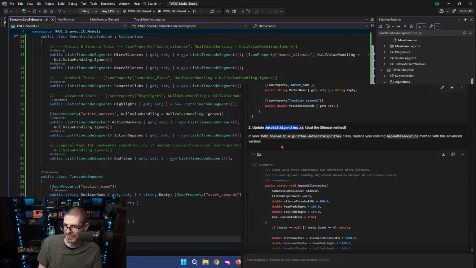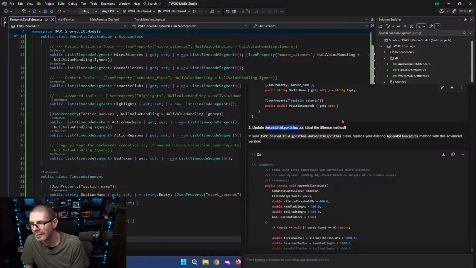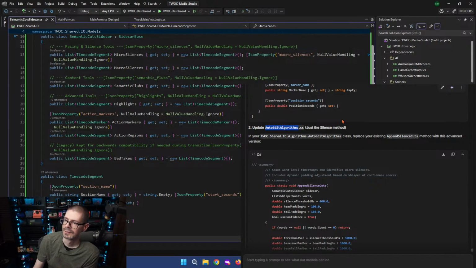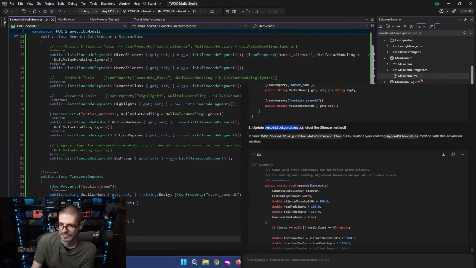Update auto edit algorithms. Where is it? I think it was shared IO algorithm. This one.